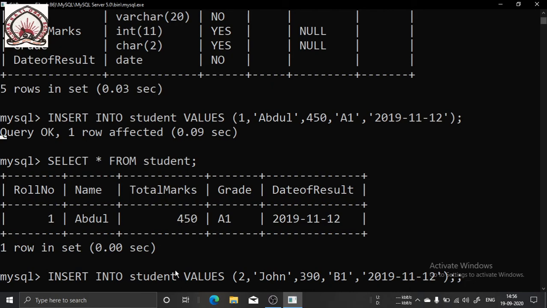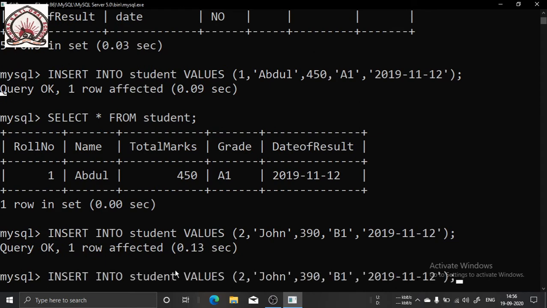Insert into, and you can also type the command together. Like insert, you can see in page number 209, upper part of 209. It has shown that we can insert all the values together by giving the command insert into table name values, and if you give all the values line wise, they got inserted.